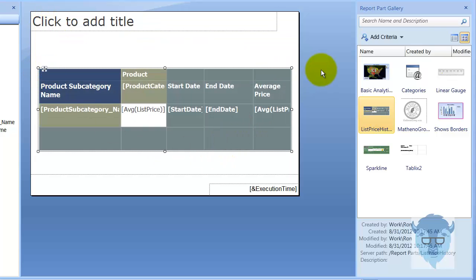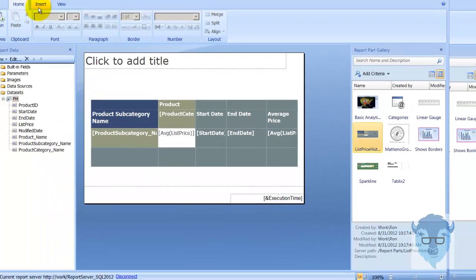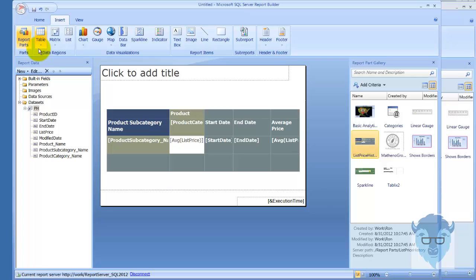All right, now to create this, it's just a standard table that I inserted with the table wizard. And then I went through and I did some things. I deleted this total down here because I have average price, and this didn't make a lot of sense. I really didn't want to see it. But I wanted this header that I have up in here, which is the table header. And the way I got that